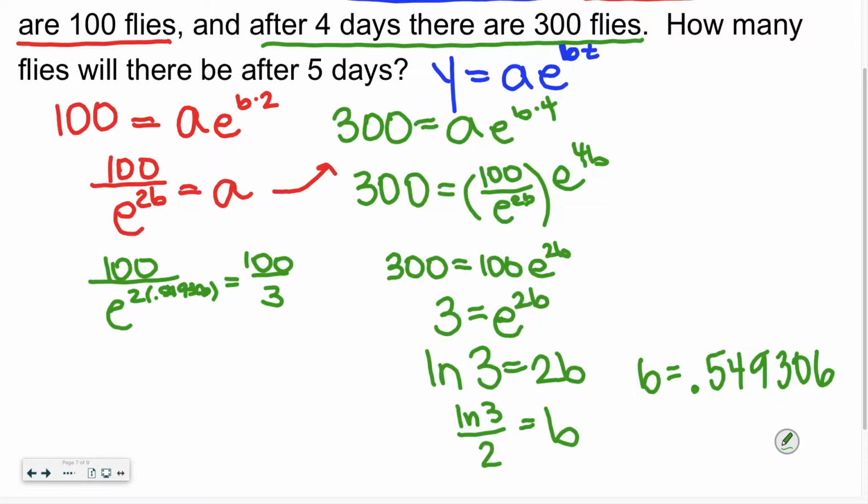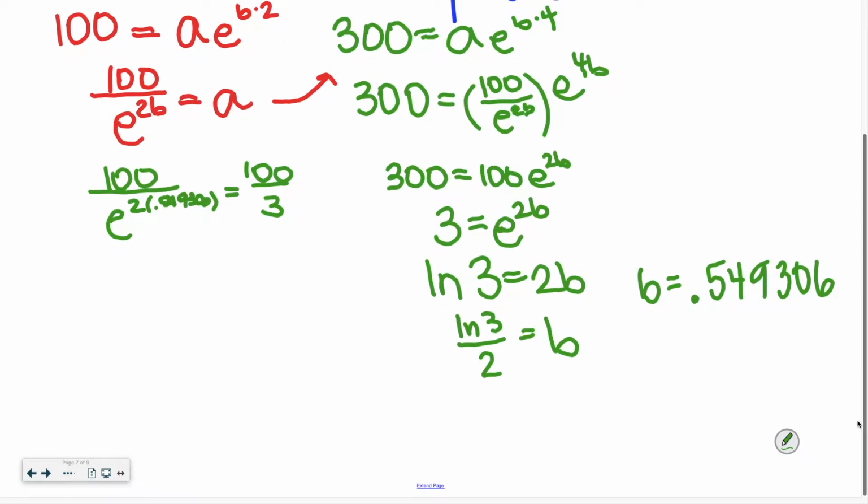Okay. So our model would be y equals 100 over 3 e to the